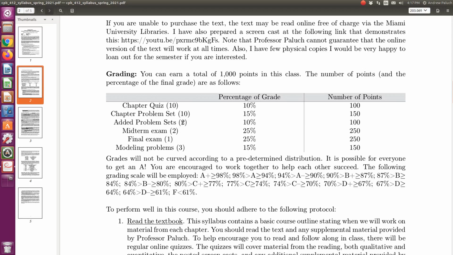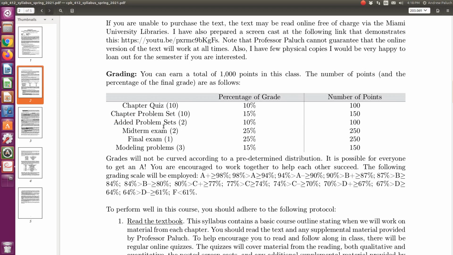And so then where the edited problem set comes up is, while in the past I might have had a numerical question on the exam, it's being removed from the exam, and those are going to become what are listed as these edited problem sets. So they're meant to replace quantitative questions from the exam. So you can think of them as kind of like a quantitative take-home exam. What those will look like, I don't exactly know at this point, but in years past, they'd be non-textbook, quantitative questions, and then that would be your assessment of quantitative type calculations, so that I don't need to put them on the exam.